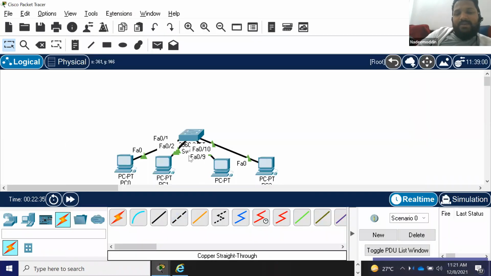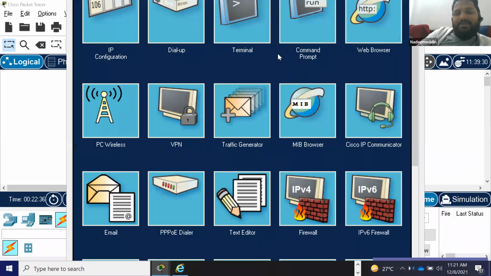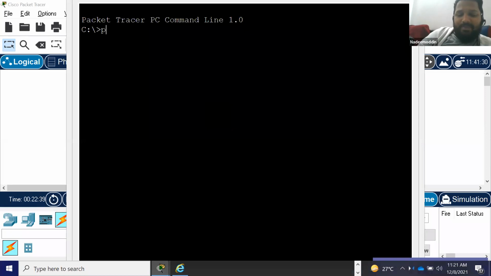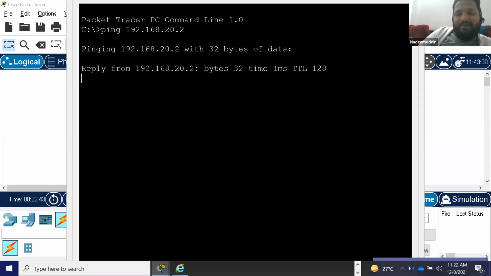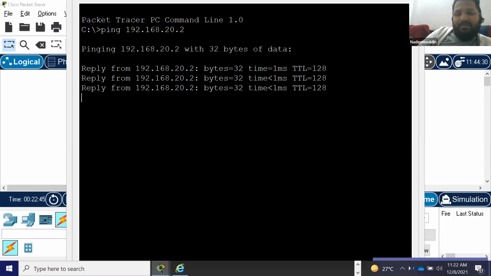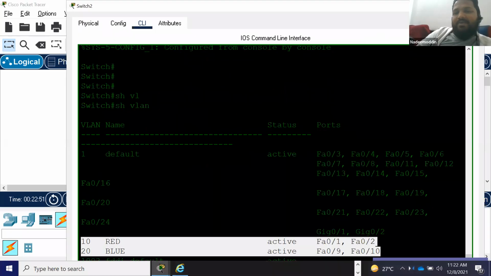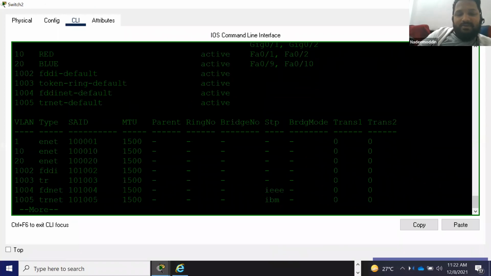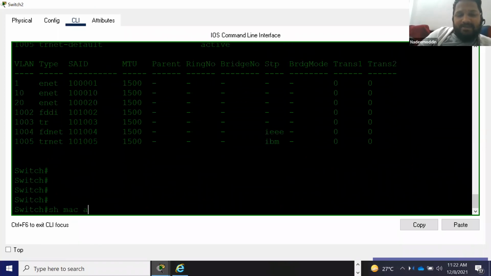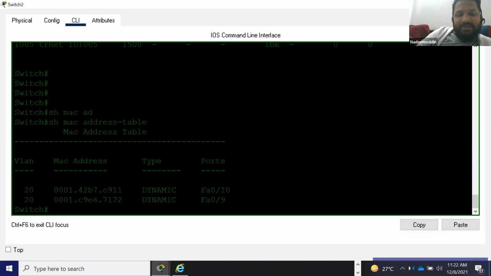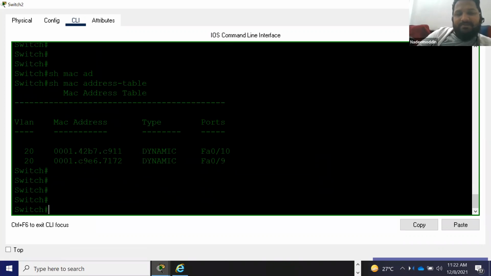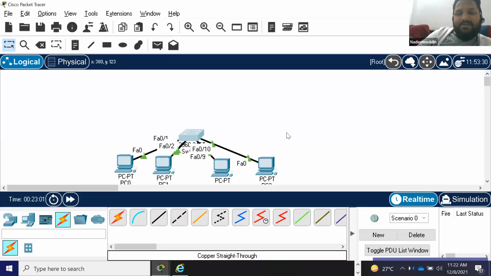And if you go here, and from this machine you try to ping 192.168.20.2, its neighbor, it works, and if you try to ping 192.168.10.2, it will not. During this time, if you go back to the switch, show mac address-table. Can you see the switch identified the MAC addresses? So that's done. Now my question is I need to connect this.